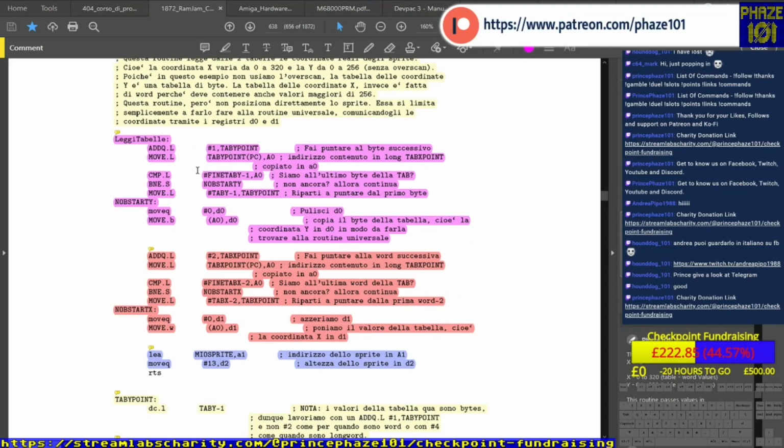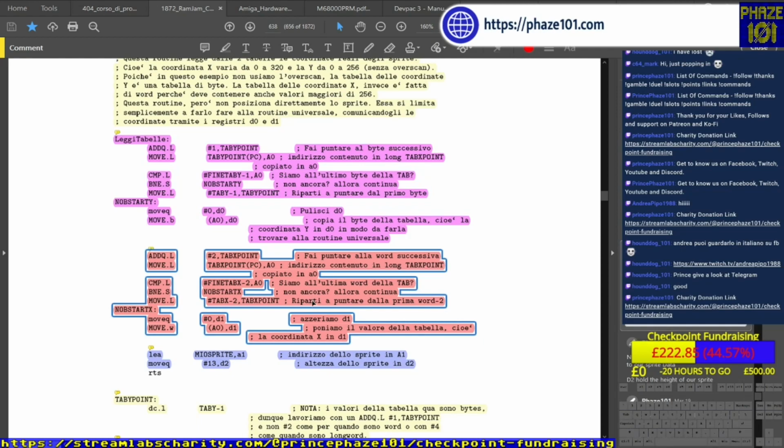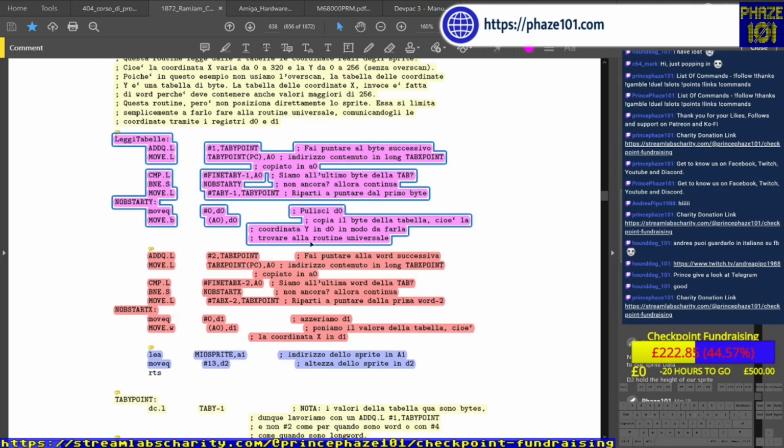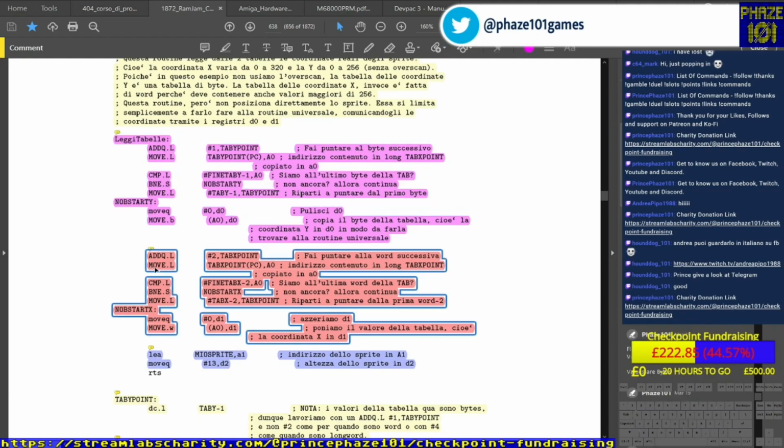It reads the Y position and the X position. The first one is the Y position, and this one is the X position. They are a copy of each other, but one is reading the X, one is reading the Y. Then we have reading the X. It's the same